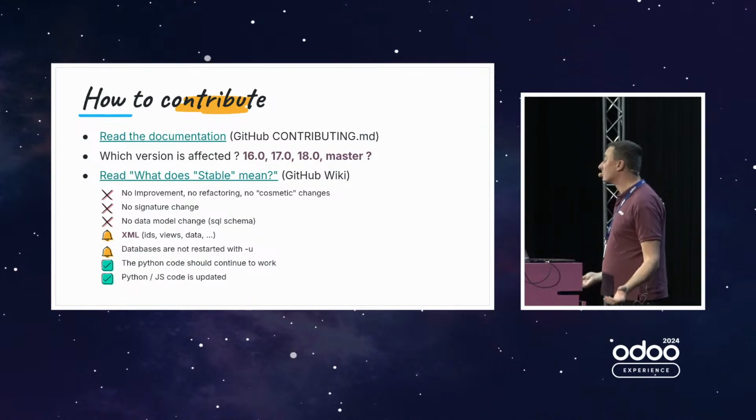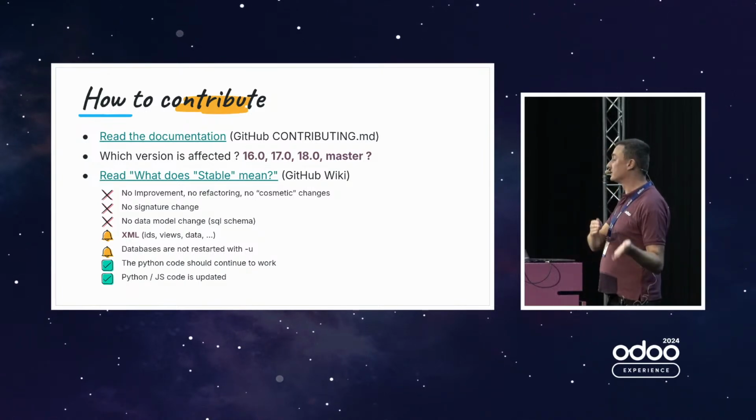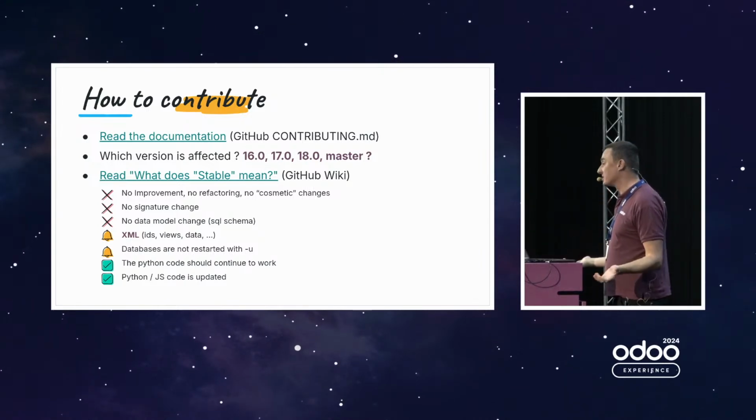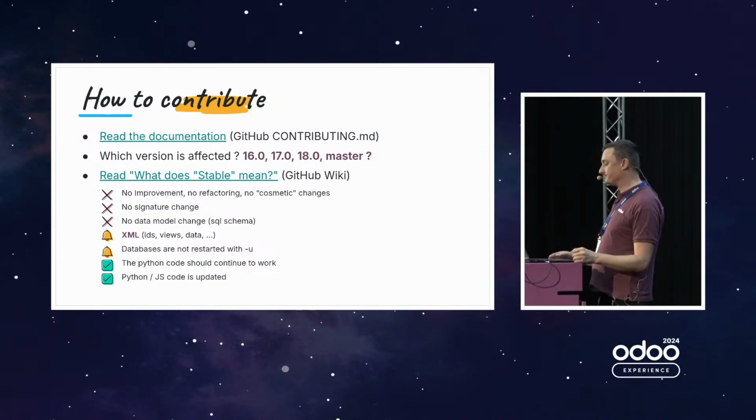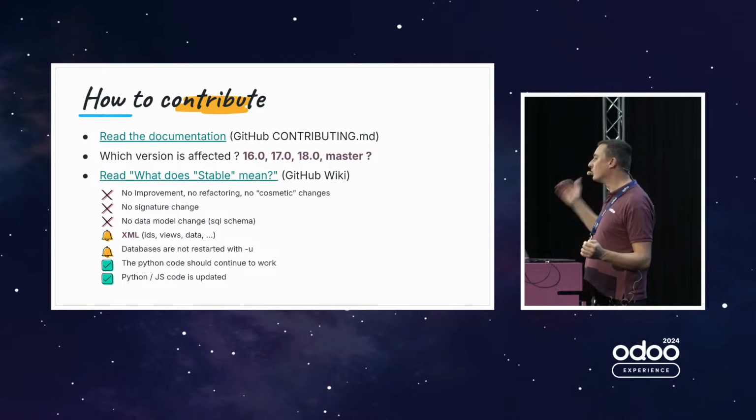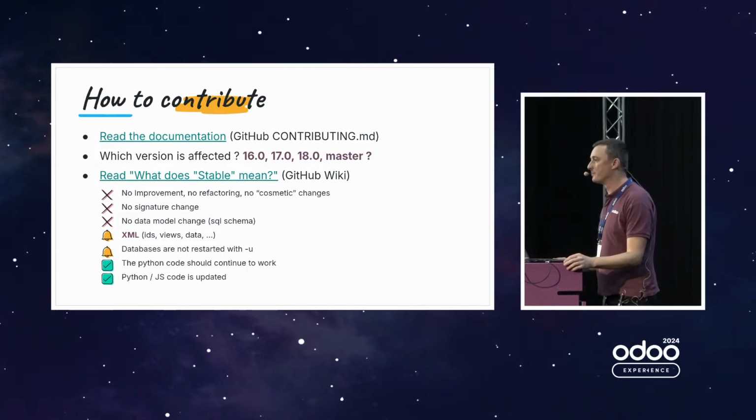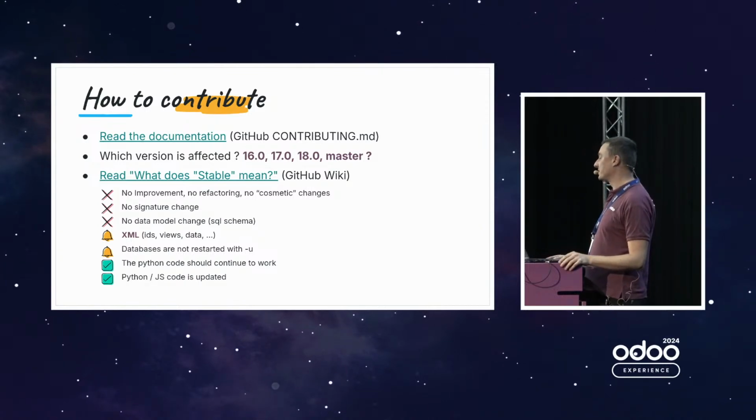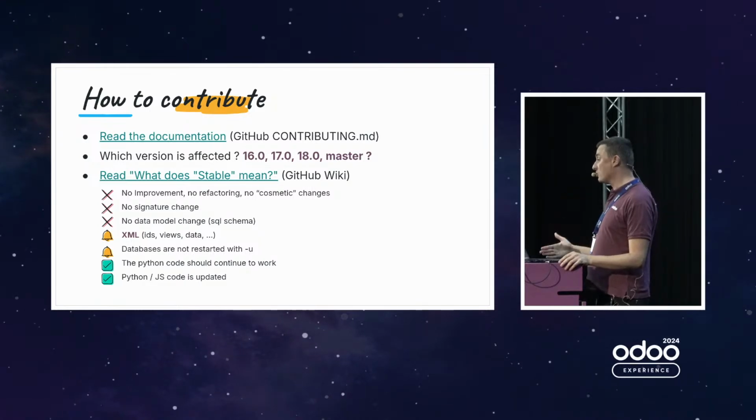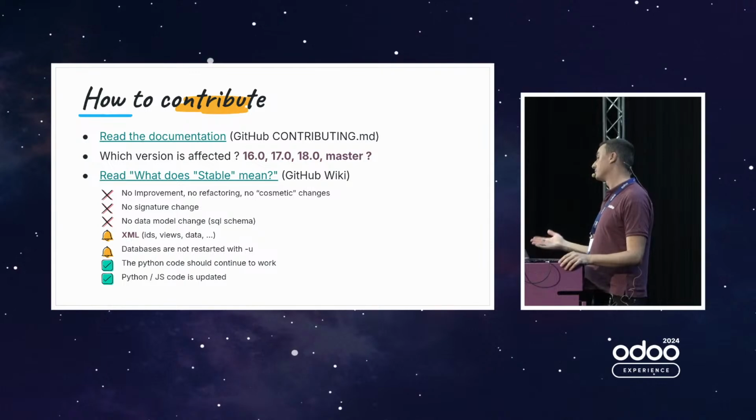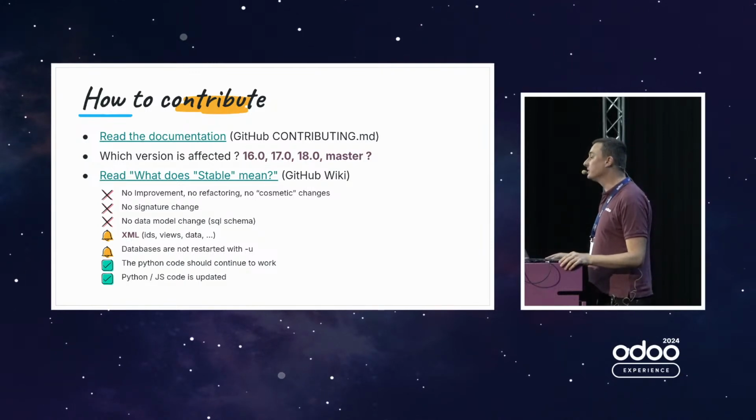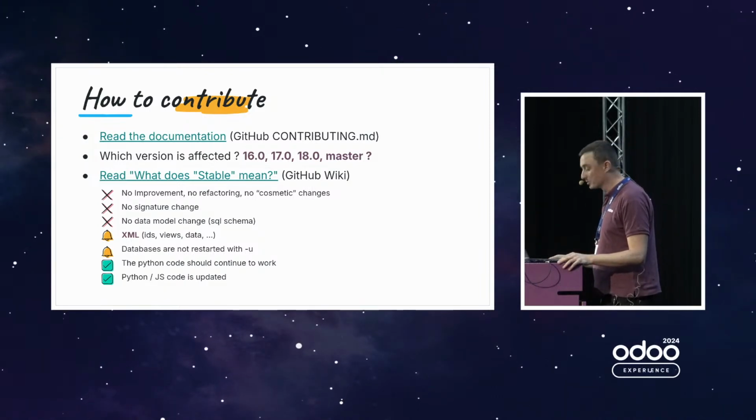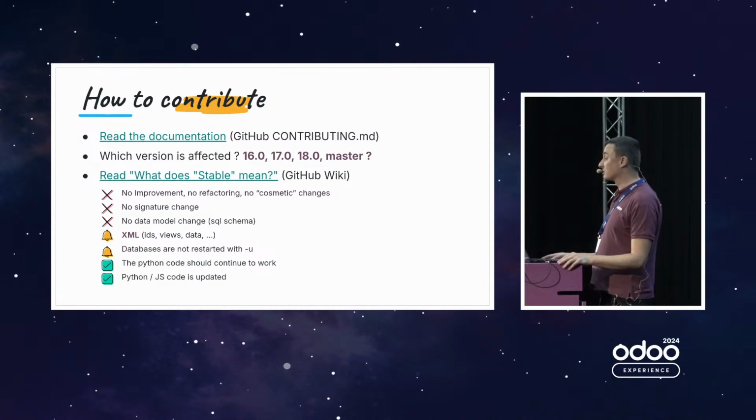So how to do it? How to go from that situation to code that is merged in our code base? First, I encourage you to read the documentation. It's in the GitHub contributing markdown file, and it explains all the steps you need in order to have your code merged. You need to know which version is affected. As of now, we support versions 16 to 18 plus master. So you need to find the oldest version where the issue can be reproduced. There is also a section on the wiki